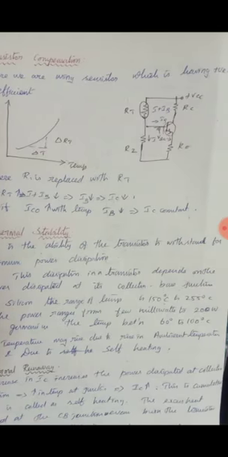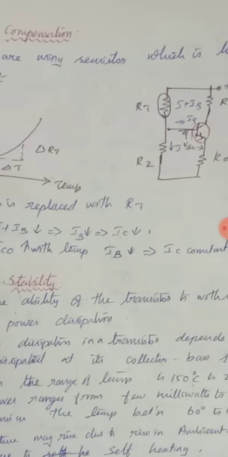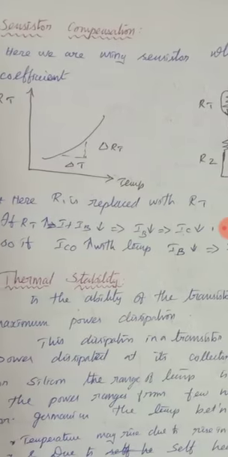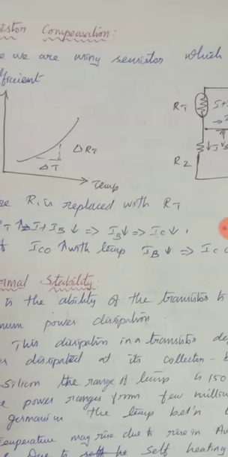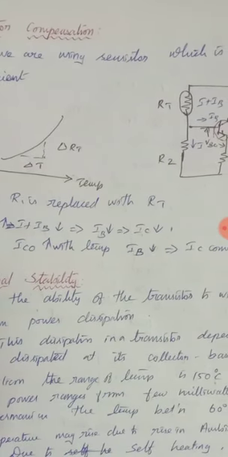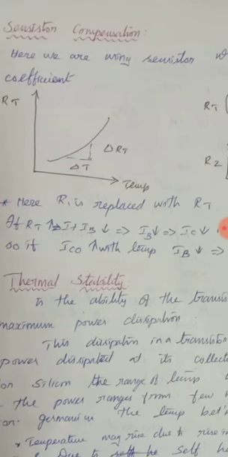Here in the circuit we are using the sensistor in the voltage divider circuit in the place of R1. By replacing R1 with the sensistor, we get the following. If there is any increase in the temperature value, RT will be increased. If RT is increased, I plus IB is also decreased. If IB is decreased, what happens? IC is automatically decreased. So the potential drop increases, meaning the current value will be decreased. So the increase in the IC is brought back to the constant position. Okay, so this is how we are getting that temperature and